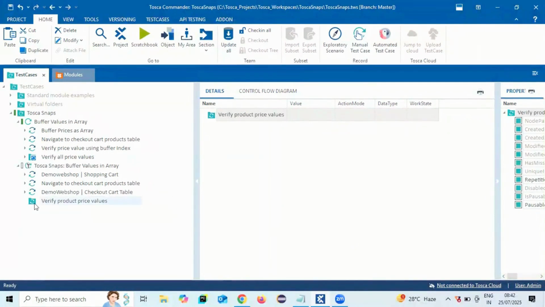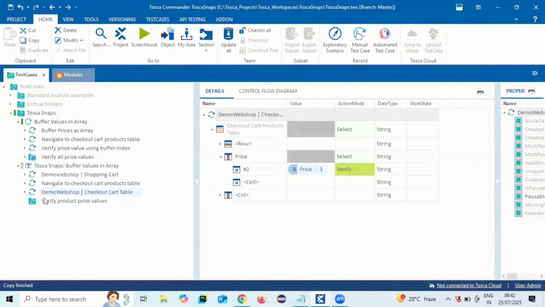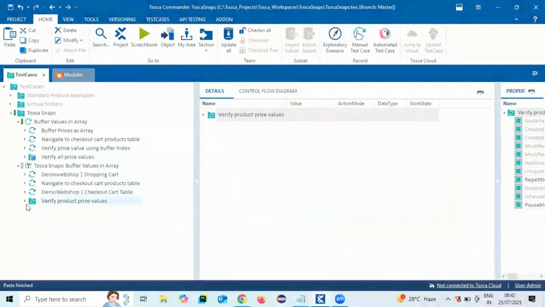So to those who are new with the repetition concept, repetition is a feature provided in Tosca using which you can repeat a set of test steps to n number of times. To use the repetition, you have to always create a test step folder and then bring all the test steps whatever you want to execute in loop. So here I need to execute only this step where we are verifying all the prices,